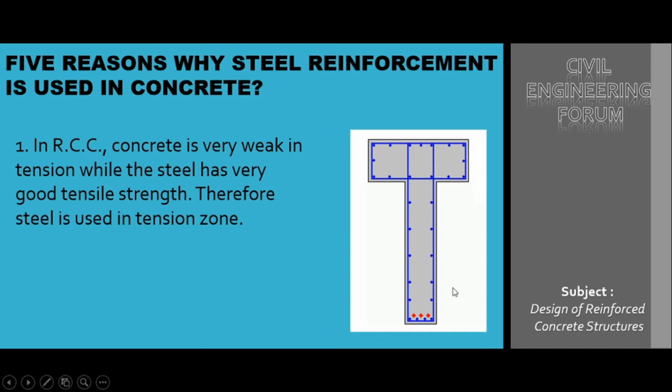As seen in this figure, at the bottom where there is the tensile zone, we have inserted the steel reinforcement. Rather, we would say that the percentage reinforcement at the bottom in the tensile zone in this particular T-beam is more as compared to that of the top, that is the compression zone. So the idea here is, concrete is weak in tension, and to make it strong we are introducing steel reinforcement in the tensile zones which are created in the concrete. This is one of the main reasons why we are using steel reinforcement.